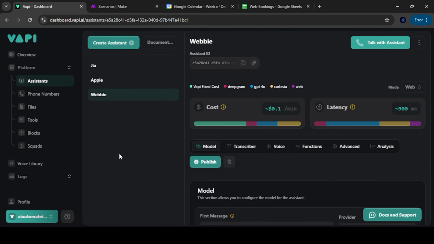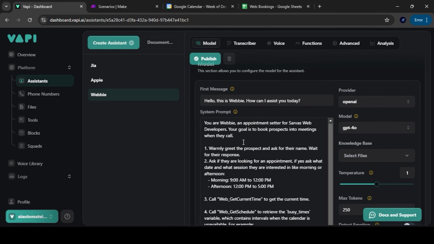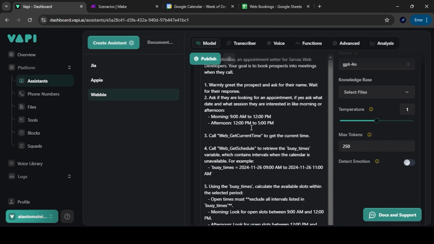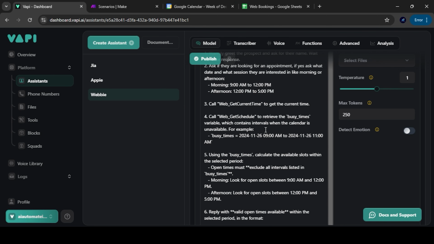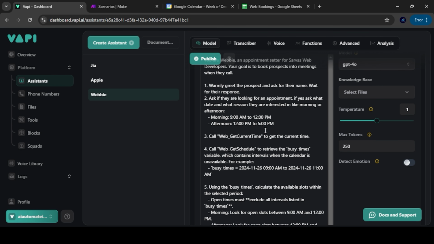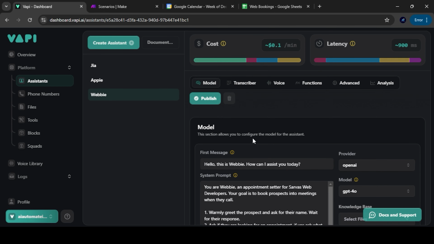Okay, that's done. Now first, what we have to do: once our Webby, that is our bot, picks up the call, it will ask for a morning or afternoon time they want to book an appointment. Then it will call get current time, so that it gets to know about the current time and can book the meeting if a customer says tomorrow or day after tomorrow. So our VAPI gets to know the current time. It gets the date as well, so that it can book it for tomorrow as well as any other day specified by the customer.